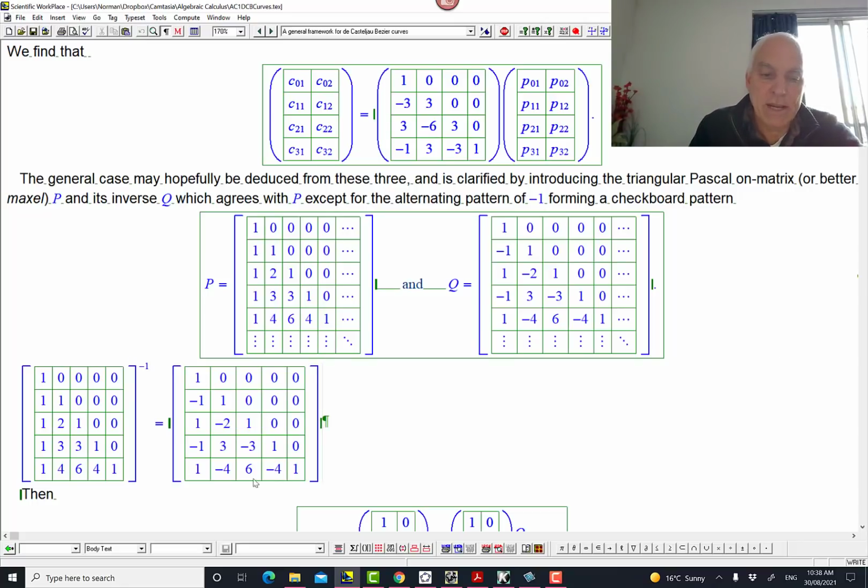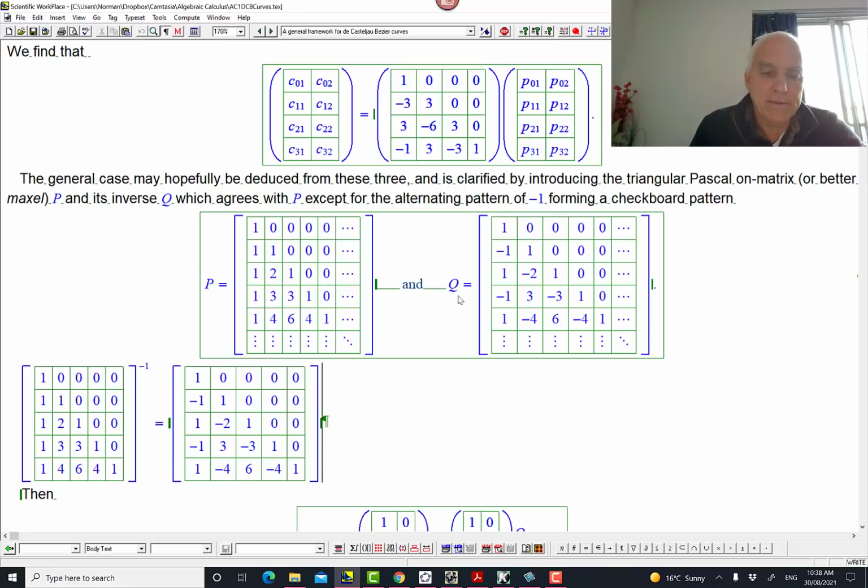I get exactly the same thing, except that now some signs have appeared. And where do the signs appear? The signs appear on these subdiagonals: the first subdiagonal, and then the third subdiagonal, and then the fifth subdiagonal, and so on. So there's a checkerboard pattern of minus signs. Now, this is a very beautiful situation because usually calculating inverses of matrices, especially big matrices, is painful, and there's not a direct relationship between the inverse of a matrix and the matrix. So this is a highly unusual, highly regular situation.